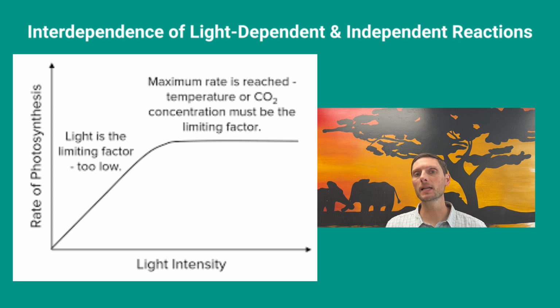Both the light-dependent and light-independent reactions are dependent on one another in order to function. Light intensity is really the factor that affects which part of photosynthesis becomes the limiting factor to the overall rate of carbon compound production. And if there's low light intensity, then ATP and reduced NADP are restricted, thereby limiting the overall conversion and creation of G3P, the 3 carbon sugar molecule. If there's high light intensity, then carbon fixation is the limiting factor, and it's the limiting step as reduced NADP